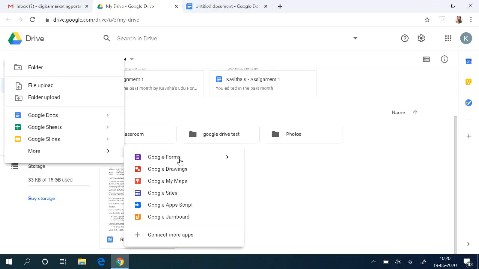Okay, if you want to collect some data, we can use this Google Form. You can even use this for assessment or evaluation purposes. Then you also have Google Drawings. Sometimes I want to create some drawings that I want to share with other people and let them edit. In those cases I can use Google Drawings. So we'll see how this Google Drawing will work.